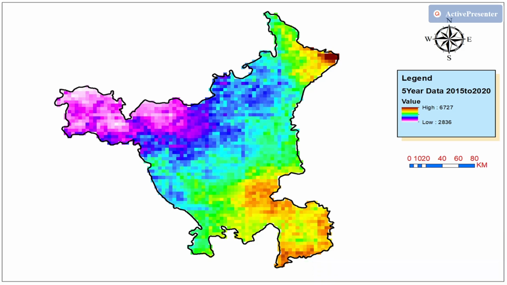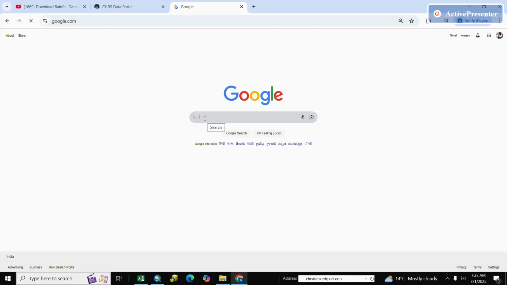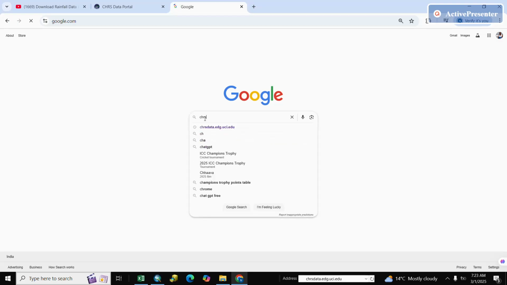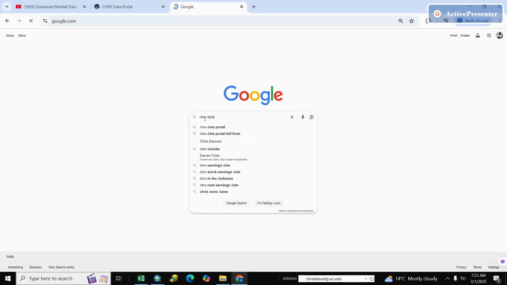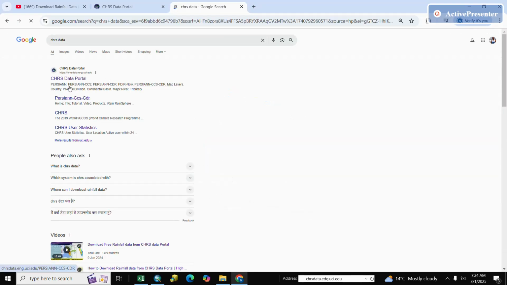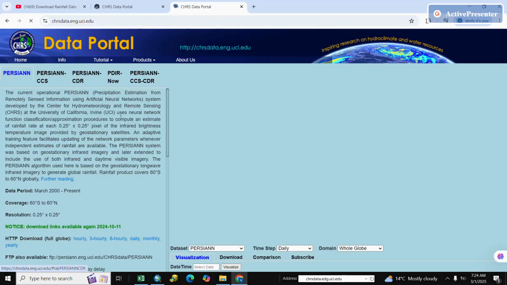First we go to Google and we write here CHRS data. Here is our website, the CHRS Data Portal. We click here, we open it. Here is the detail and here are 5 types of description. So we select here